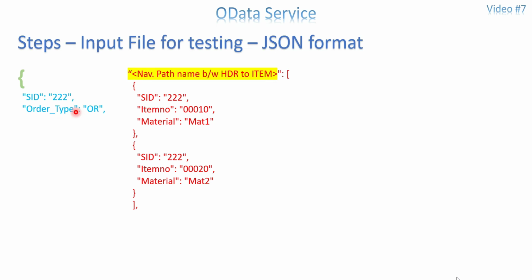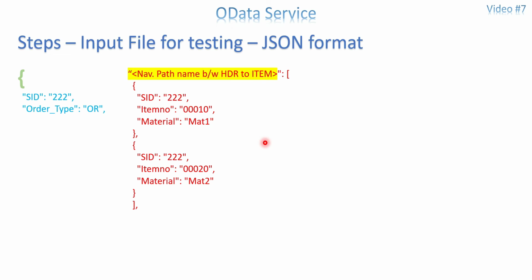Header is not required, you can write directly. For item you require this bracket. Then this is for the first record, open parenthesis, and there is a comma for the second one, and there is no comma here because there are no more records. In the same way, fields and values, and this is the second record, item 10, item 20, and here it's closed. My entire item structure is closed here, and